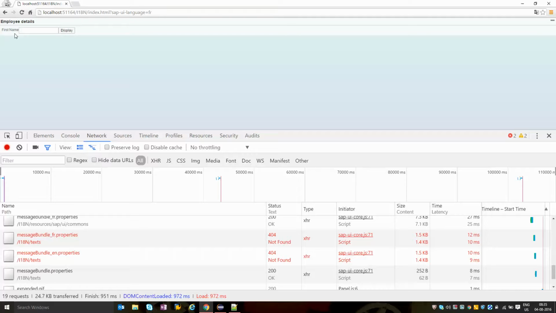In the next tutorial, I'll be showing you how to pass parameters to this text. For example, if you're going to display employee details for an employee, along with this text you might want to display the employee number as well. It would be impossible for you to maintain text for all the employee numbers. So we have to pass certain values as a parameter, and that value has to be displayed over here. In the next tutorial, I'll be explaining how to perform internationalization of text along with parameters.